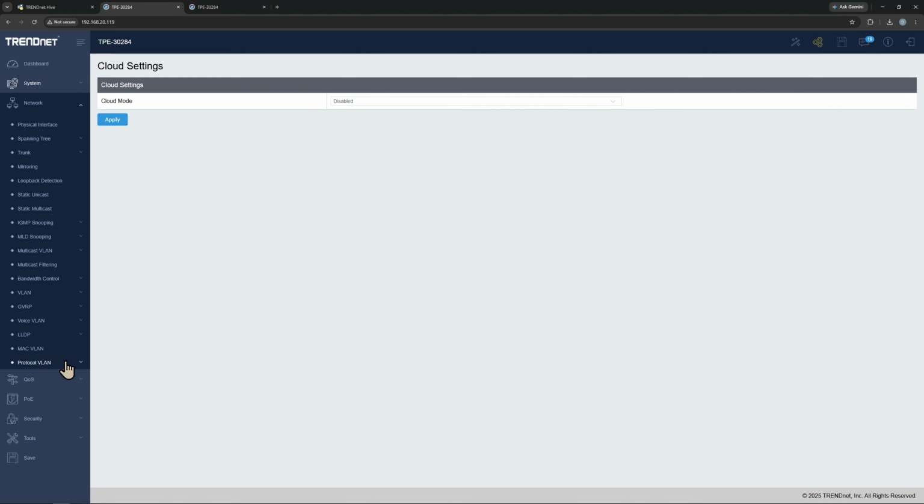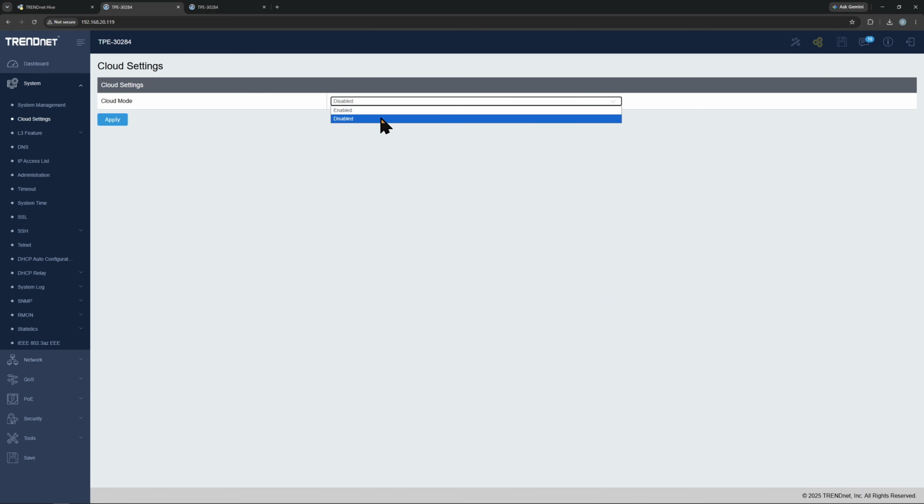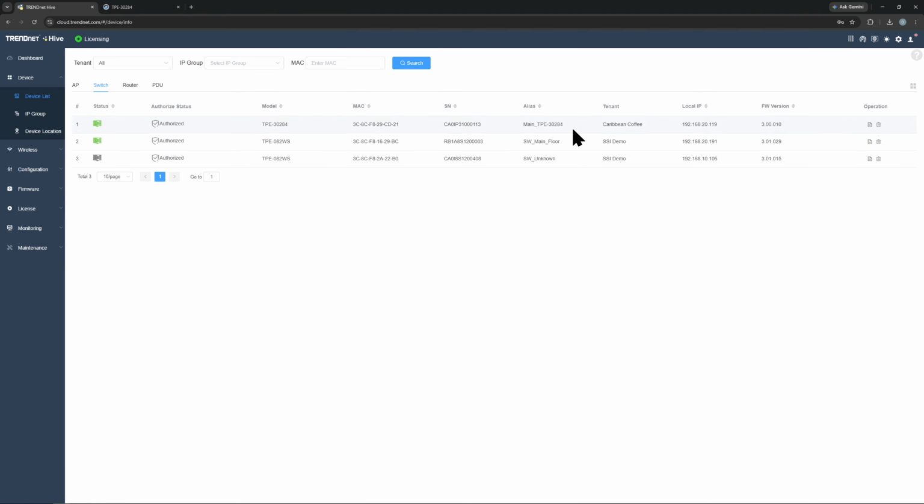I can go back here under Network to LLDP Settings, and I can enable LLDP. Now I can go back here to the Hive icon, re-enable cloud mode, and reconnect it to the TRENDnet Hive cloud. So if I go back in my device now,